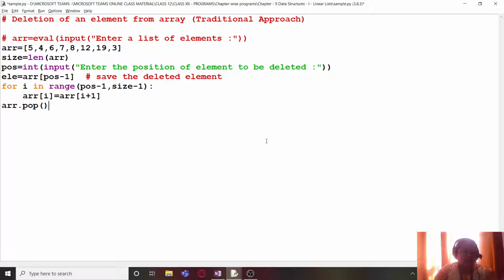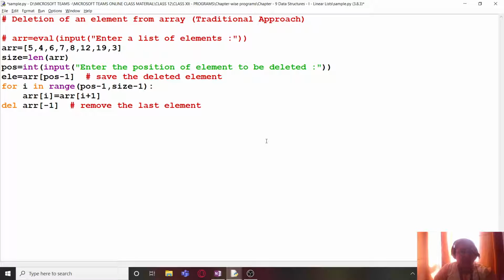And if you want to do it using del, so we will use del ARR, and for the last element the index location will be size minus 1, or you can also simply write ARR[-1]. There are multiple ways of doing that. So this will remove the last element.